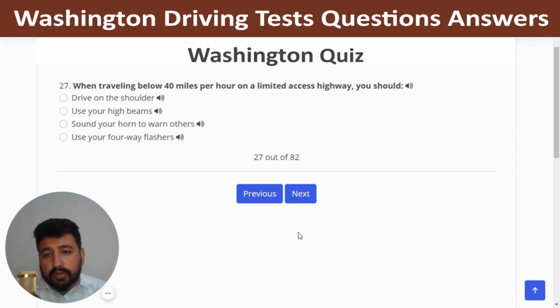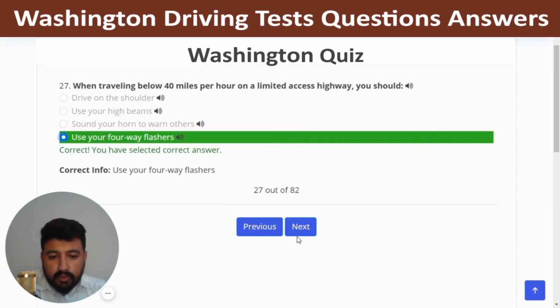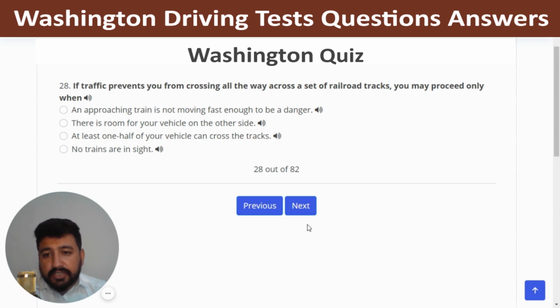When traveling below 40 miles per hour on a limited access highway, you should. The right answer is use your four-way flashers. So I'm going to click on the last option. Correct, and next. If traffic prevents you from crossing all the way across a set of straight railroad tracks, you may proceed only when, the right answer to the 28th question is there is room for your vehicle on the other